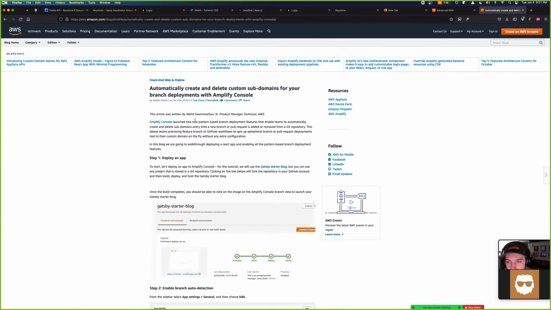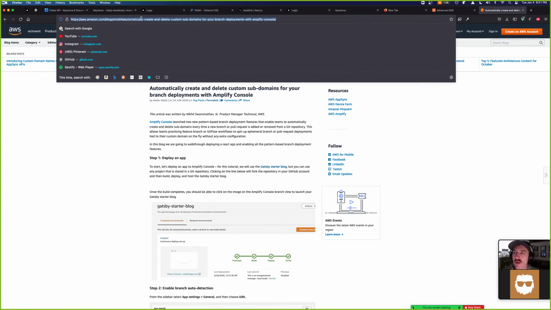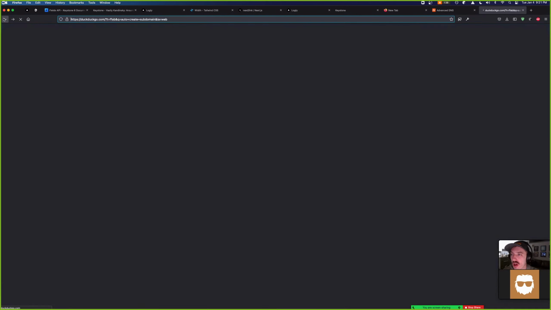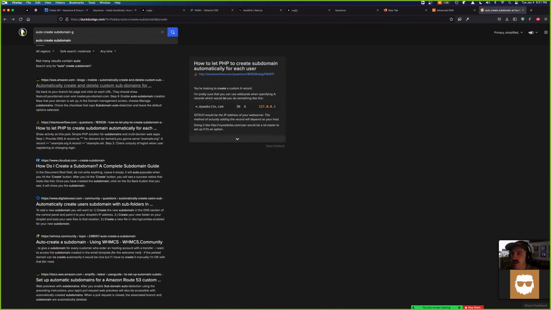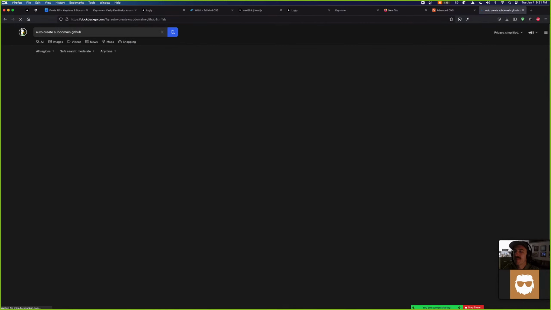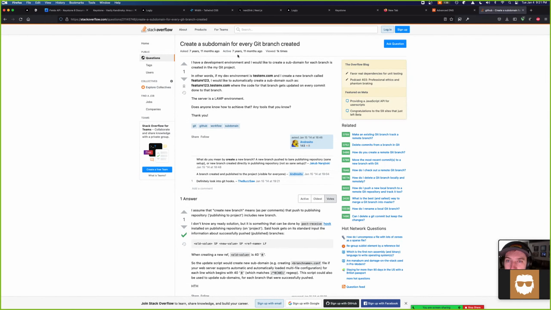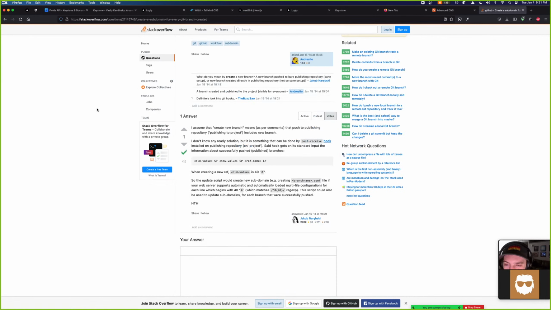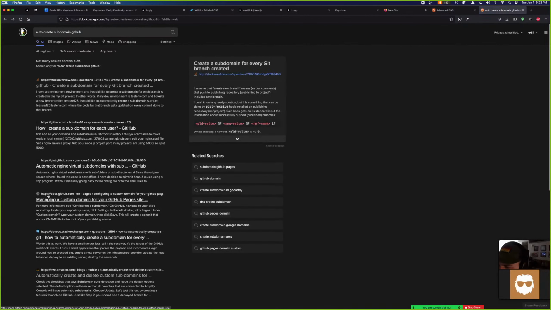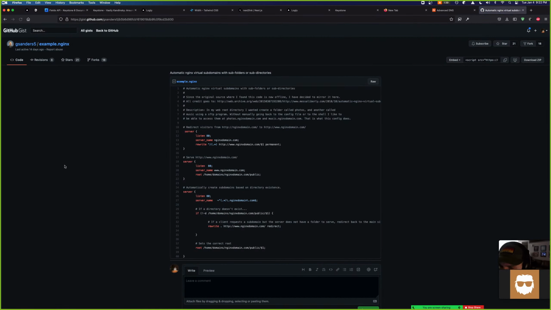Amplify console launches. Before we go down this road, I wonder if GitHub Actions can do it. Ooh, create a subdomain for every Git branch. Virtual subdomains.